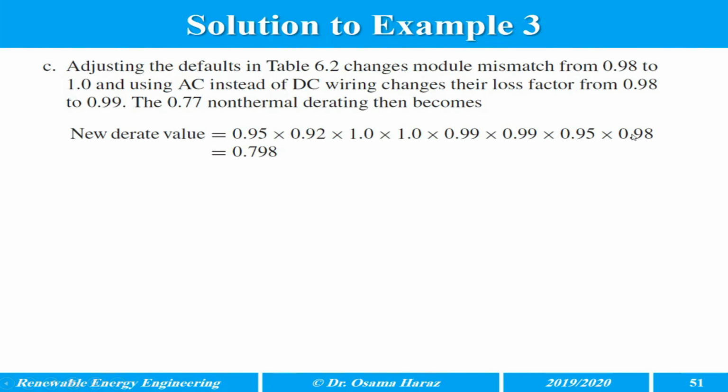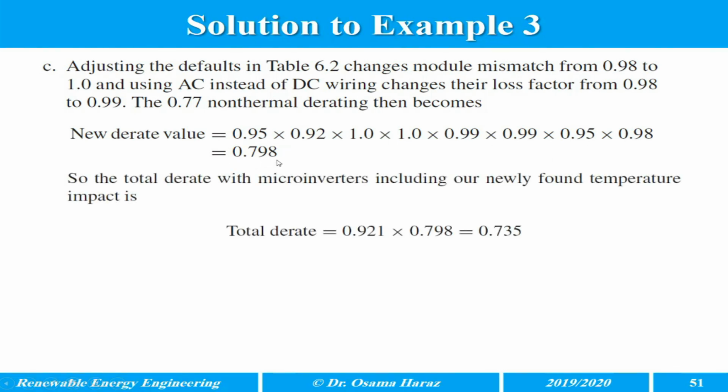So when you multiply all these together, you get 0.798. Then the total D rate becomes the multiplication of 0.798 by the temperature D rate. You get the overall D rate factor,